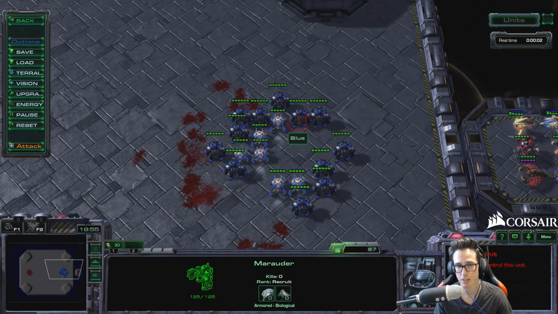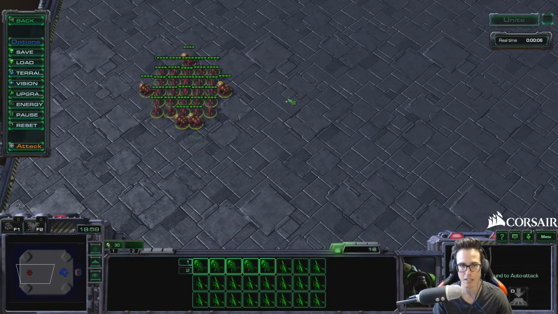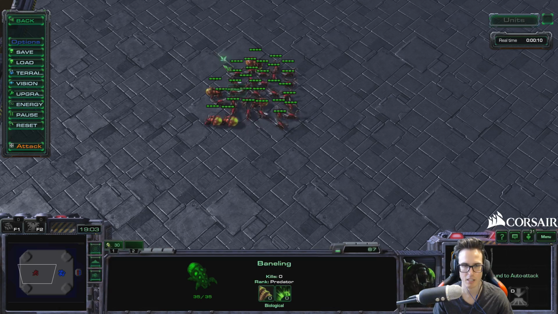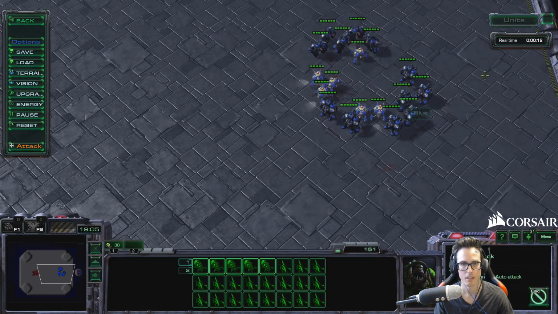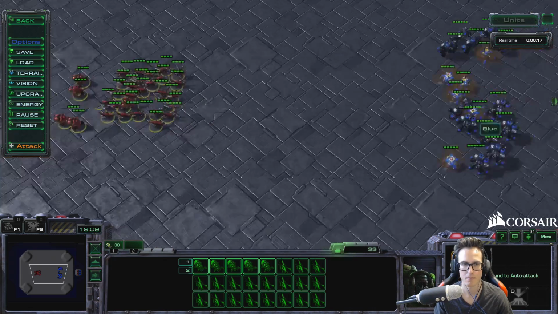Obviously, we're not meant to win this fight, guys. This Terran army is worth, like, I don't know, 2,000 resources more than this tiny little squad of Zerg. We're just displaying the micro. We don't care about winning or losing. Yeah, just burrow. That's fine. It's not perfect, but...